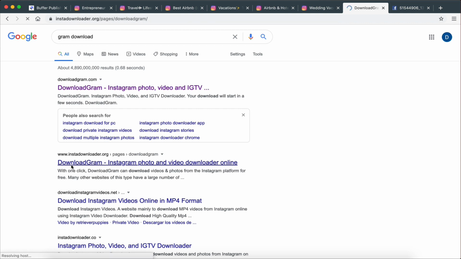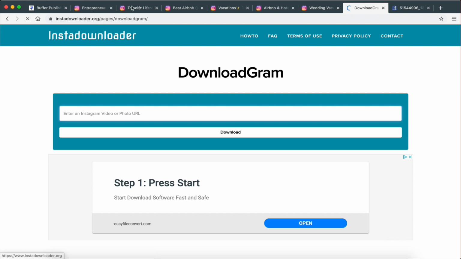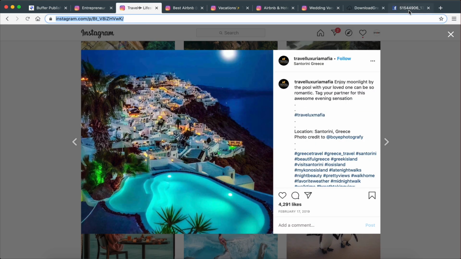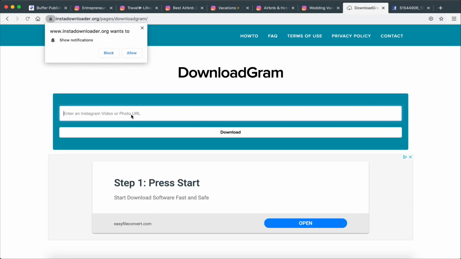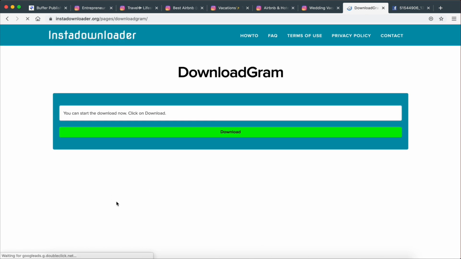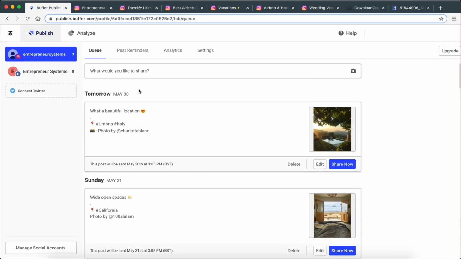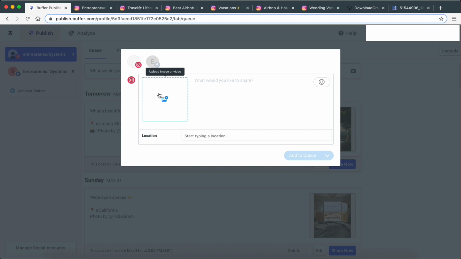So let's try this one. Oh, there we go. Okay, let's copy this link, paste it right there and download, and this is going to download the image, right? Once you download the image, guys, all you have to do is go to Buffer and connect your Instagram account with Buffer. It's really easy to do, and then you want to upload your picture and